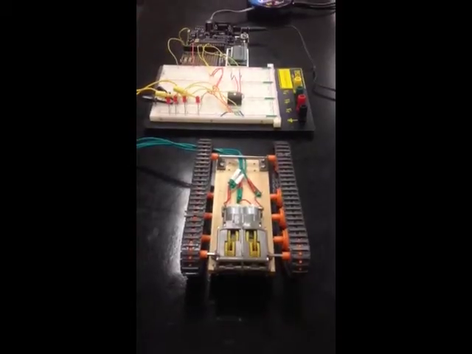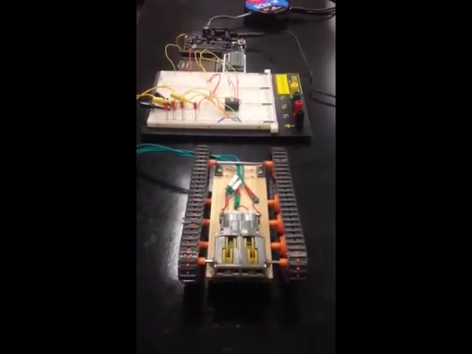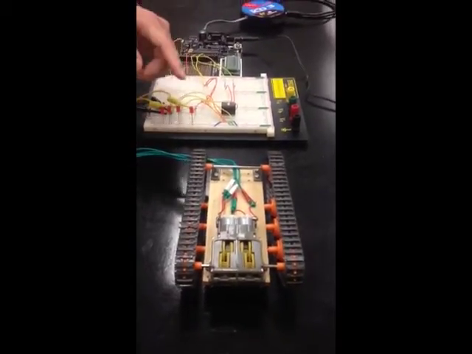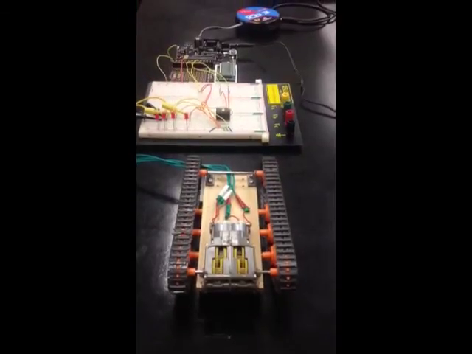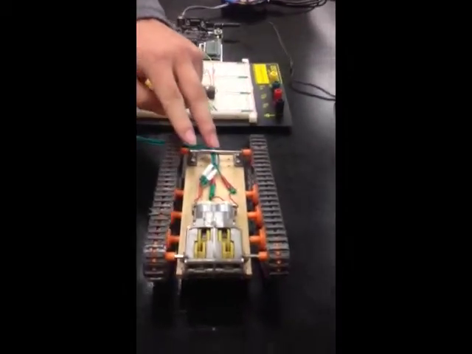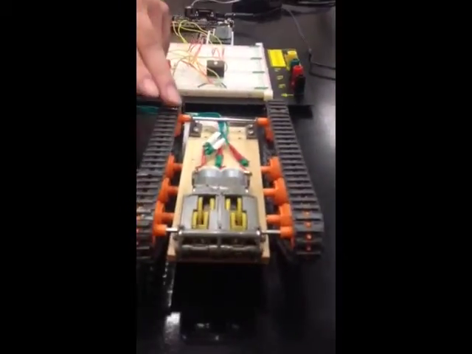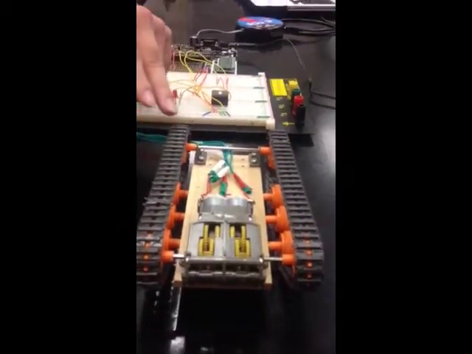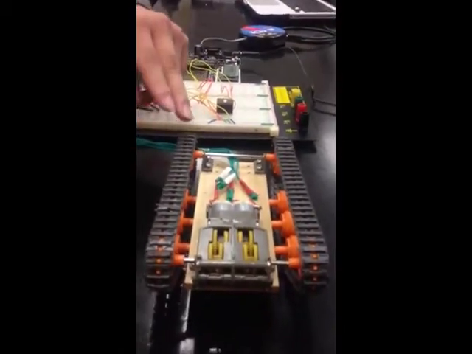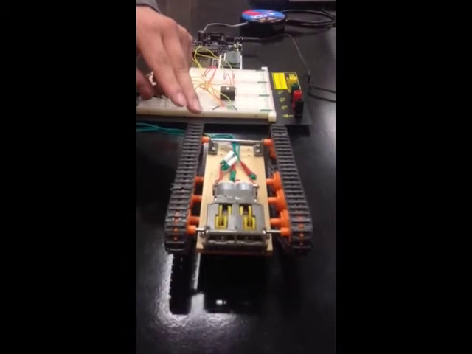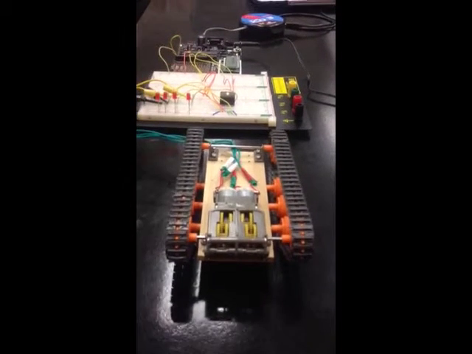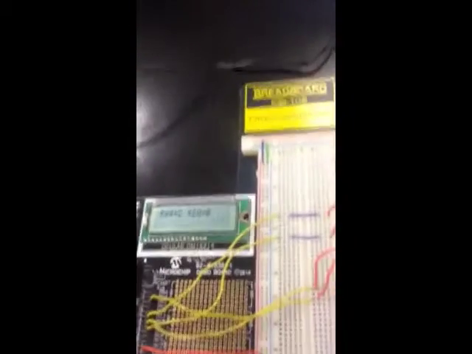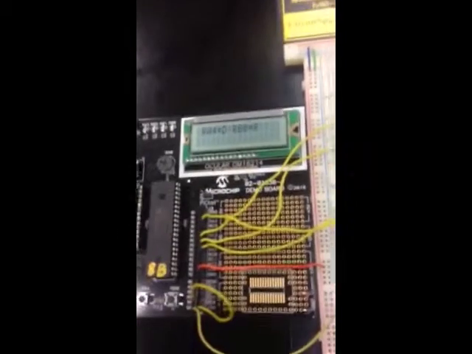Hello, I am Albert, and for our ECE 120 final lab project, me and my partner Francisco decided to implement two DC motors that will be attached to our mechanical tank. These DC motors will cause the mechanical tank to either perform a forward or backwards motion when powered on. We will also implement an LCD display that will show which switch will perform a certain mechanical movement when it's